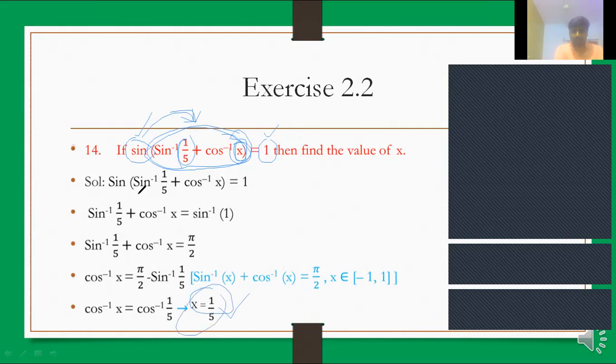But how can you solve it in a subjective, CBSE manner? Simple. Send sine to this side, sine inverse of 1, which is pi by 2. Now cos inverse of x goes there, so pi by 2 minus cos inverse x, and we can write it in terms of sine inverse. Not a problem. Sine inverse of x we will have, and we can compare x equal to 1 by 5. Anyway, we can solve, not a problem for this model. It's very easy. Now let us move on to the next problem.